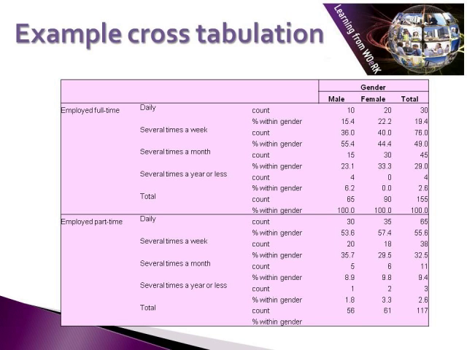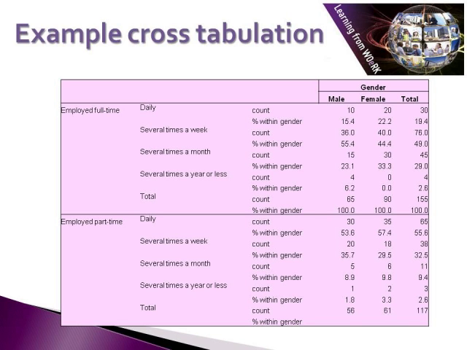An example of a cross-tabulation. This is an example of what we mean by cross-tabulation of three variables. So here we can see we have our independent variable. We've got gender here, but we're actually looking at frequency of food shopping by employment status, by whether you're employed full-time or whether you're employed